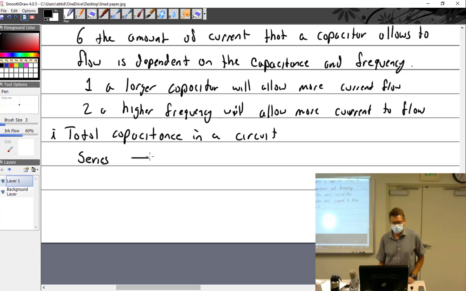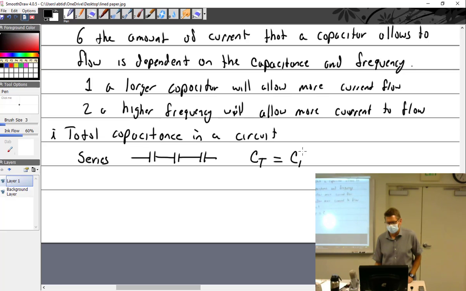So we got this, then another one, then another one. And so if we had to add this all up, it would be total capacitance equals